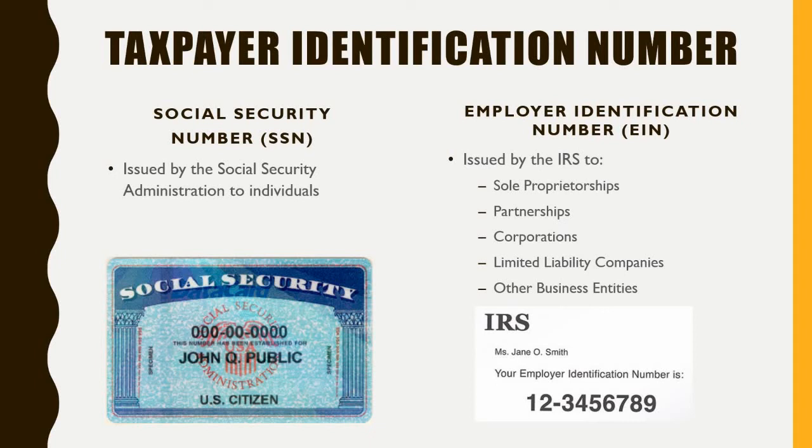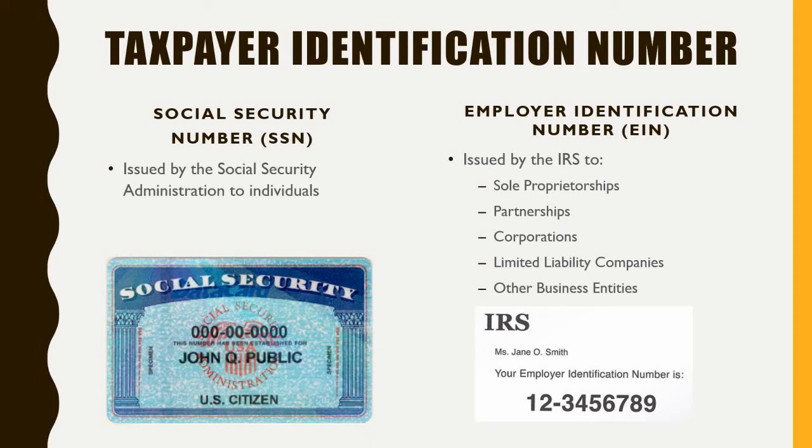So in this case, that's how you can tell the difference between a social security number and an employer identification number: the way the numbers are arranged, okay? So again, this is used for tax purposes, but it's also a way to identify that the business exists, and this is its